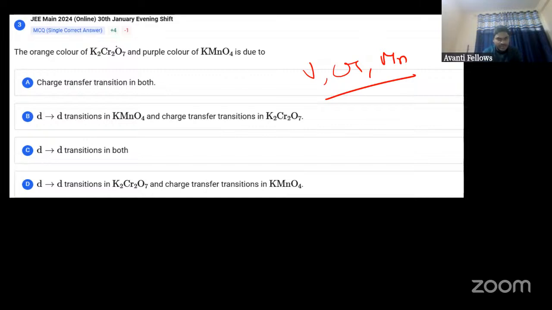अगर आप K2Cr2O7 का देखो तो Cr यहाँ पे +6 फॉर्म में है, और अगर Mn का देखो तो Mn यहाँ पे +7 फॉर्म में है. So in +6 and +7 they do not have any unpaired electron, right? So how are they colored? So they are colored due to the charge transfer transition. तो दोनों में चार्ज ट्रांसफर हो रहा है, राइट, ये पढ़ा था हमने। ऑप्शन ए, हरीश, गुड। सो चार्ज ट्रांसफर के चलते ये इस नेचर के होते हैं। डन।